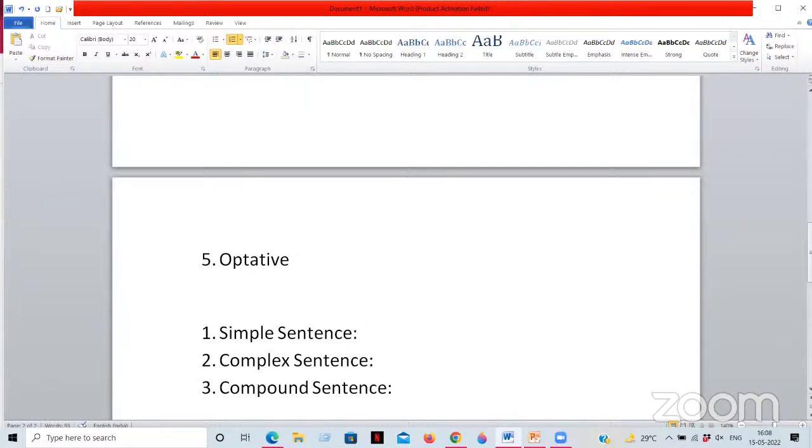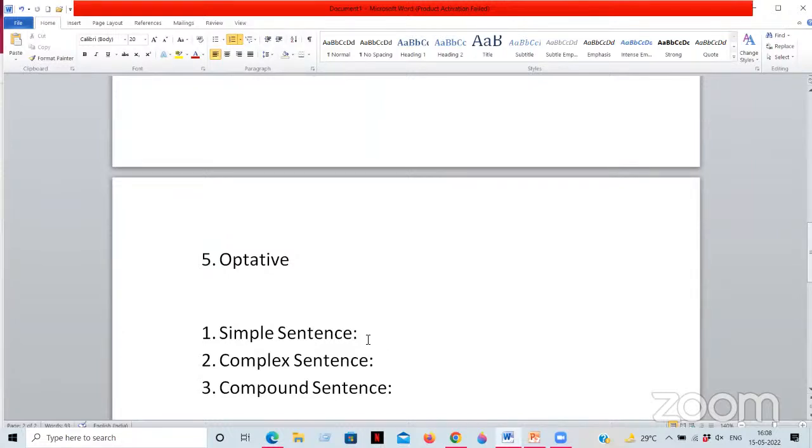Because 8 classes is not sufficient. If you attend the classes in a regular mode, you have to attend all the classes throughout the semester. That means a 6-month course. This subject is designed so that you complete it within a 6-month course. But we don't have that much time, isn't it? Because we are in distance mode, we have to finish it within 12 hours. And now we have completed almost 10 and a half hours. We have only 1.5 hours left, so that will be on the 21st, I think. So there are 3 other types of sentences.